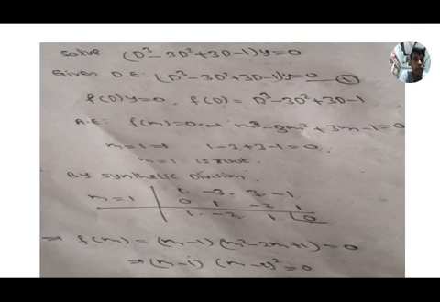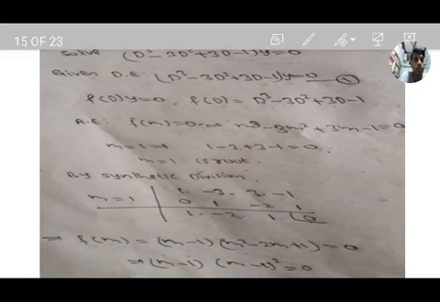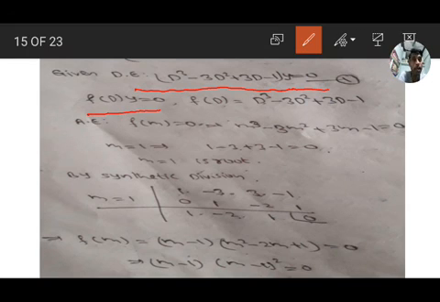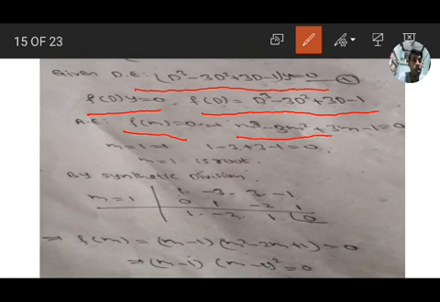Solve (D^3 - 3D^2 + 3D - 1) y = 0. Third order differential equation. Given differential equation (D^3 - 3D^2 + 3D - 1) y = 0. Compare with f(D) y = 0, already in the symbolic form. So f(D) = D^3 - 3D^2 + 3D - 1. So the auxiliary equation f(m) = 0, that is m^3 - 3m^2 + 3m - 1 = 0.